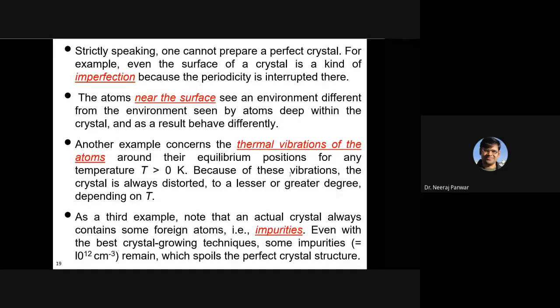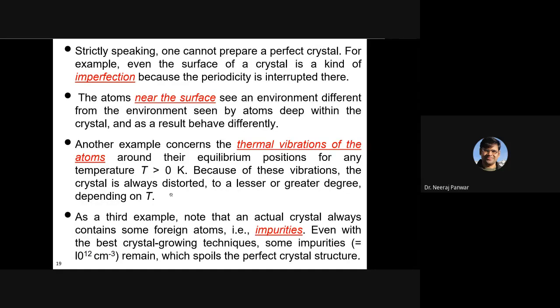Because of these vibrations, the crystal is always distorted to a lesser or greater degree depending upon the temperature. The lower the temperature, the smaller the lattice or atomic vibrations, so the fewer the imperfections in the solid. The larger the temperature, the greater the vibrations of lattice or atoms, and the greater the